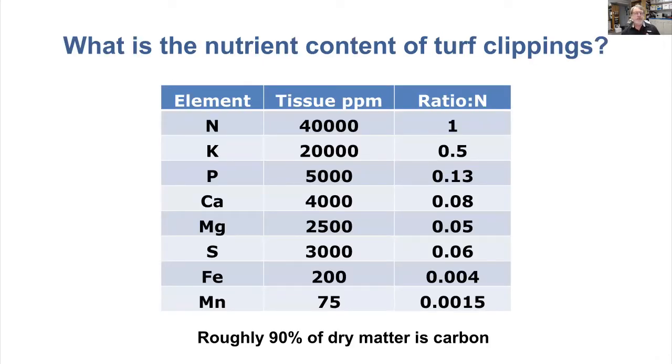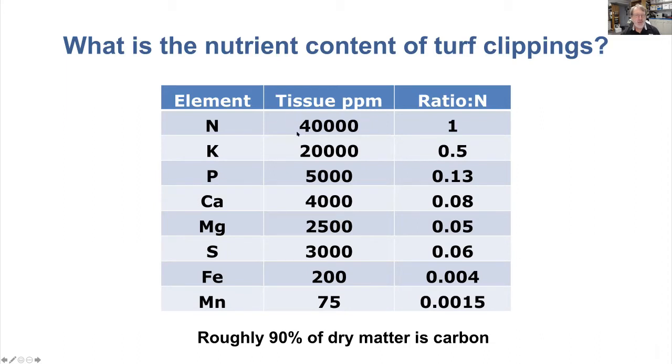And the way that we decide what the requirements are going to be is not just out of the blue. We take the nutrients removed in the new tissues, and this is something that you can customize for your own site. The way you do that is you pull clippings off the best performing area. It's growing at the right speed, it's got the right wear tolerance, it's doing everything right, and then get a few different sets of tissue tests so that you can develop your own nitrogen